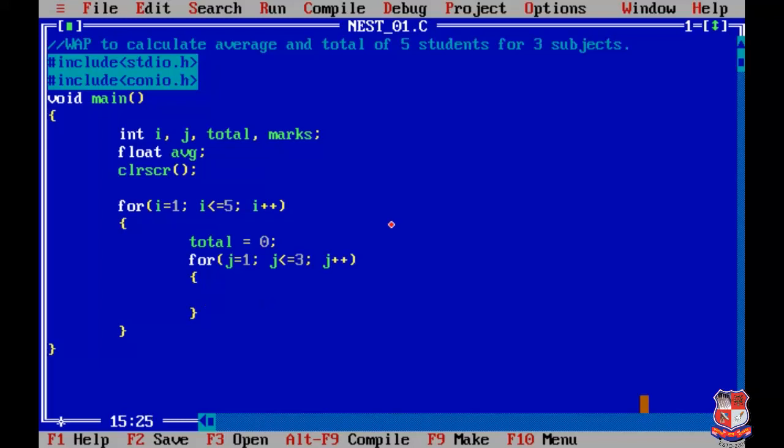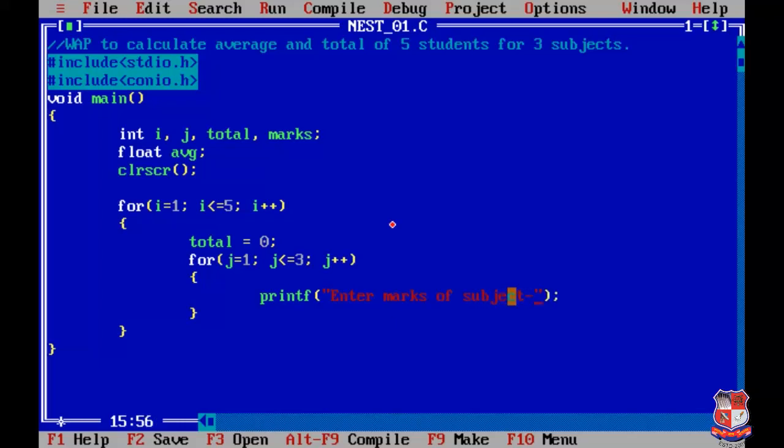Now inside the inner loop we have to take the input of 3 subject marks. So we'll write like this: printf, enter marks of subject 1.